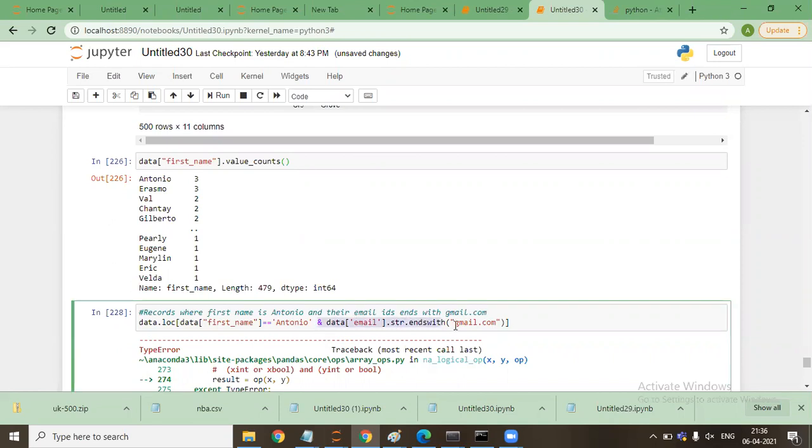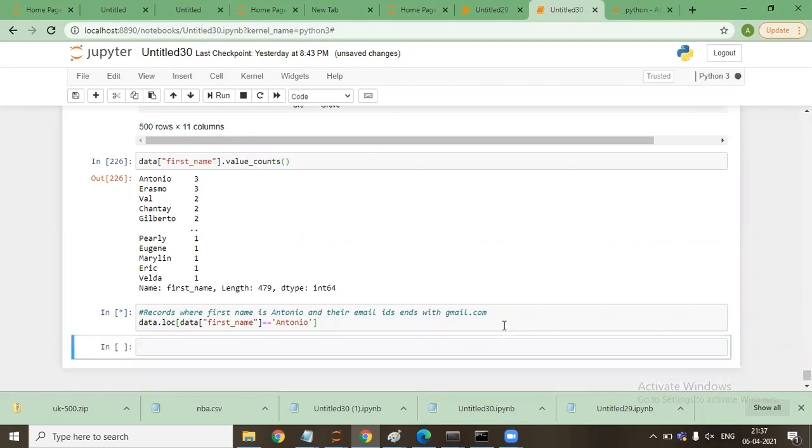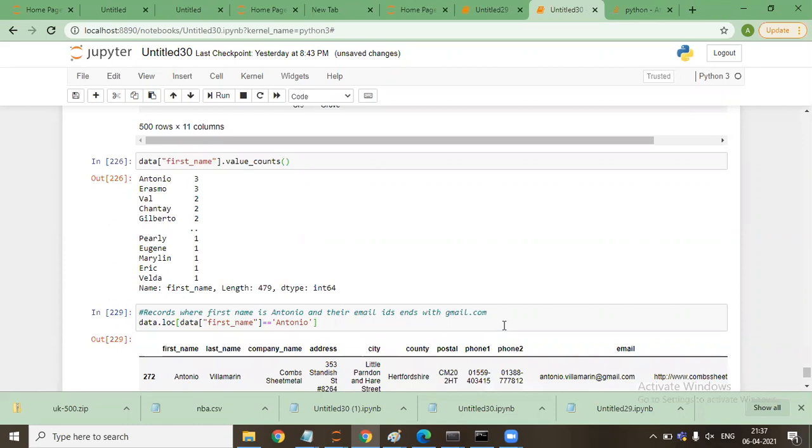So let's break this command. I'll say Control X. Is it working? Yes, it is working. Now this means that till this command it is fine. Then I'll use the same thing with and.